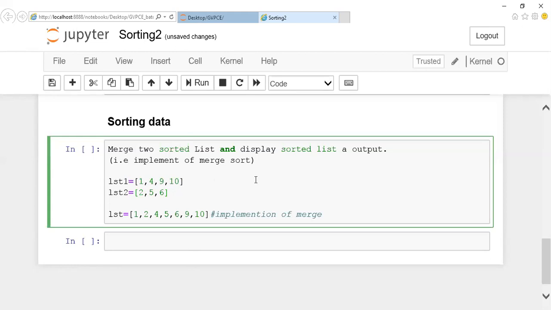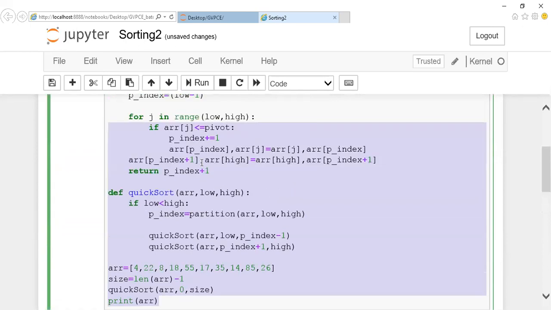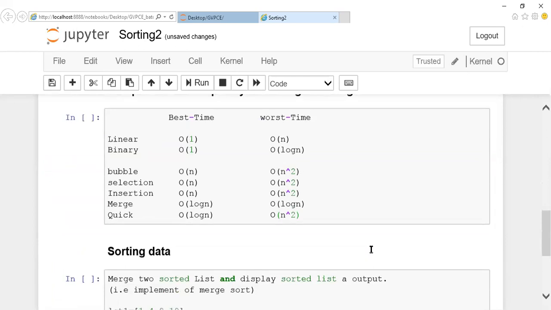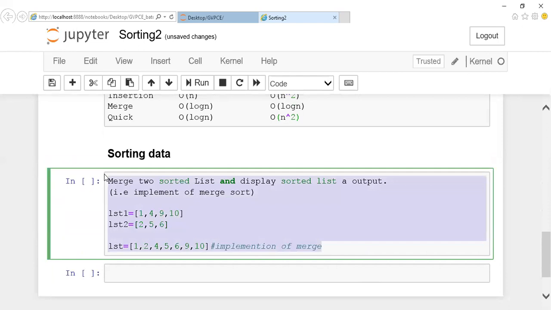Okay, you can note down this question, and someone asked about this program, right? I forgot about this one, guys. Those who want this code, I'll share it in the chat box. You can make use of it. I'm sharing this quick sort algorithm as well as this question, guys. Try to merge two lists in a sorted way. Okay, try this out. It'll be interesting. Your questions will be like this. In some cases, the worst cases, they'll ask you to implement merge sort. Okay, try this one. We'll discuss it by afternoon.